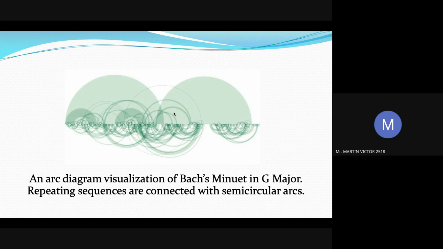You can see repeating sequences are connected with semicircular arcs. You can see many semicircles. All these semicircles are the repeated sequences that have been connected as semicircular arcs. Now, this is the fourth form of single document visualization. And the final one is